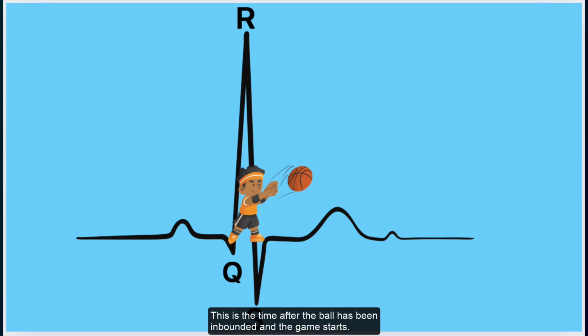Think of the QRS as the start of the second half of the basketball game. This is the time after the ball has been inbounded and the game starts. The QRS complex represents ventricular depolarization, which is the electrical activation of the ventricles, which starts ventricular contraction. So, the second half of the heart contracts, which leads to blood being pushed out of the ventricles and into